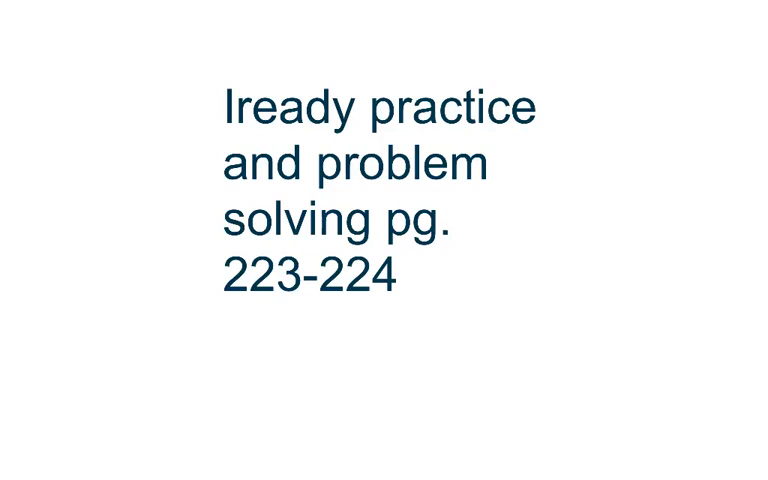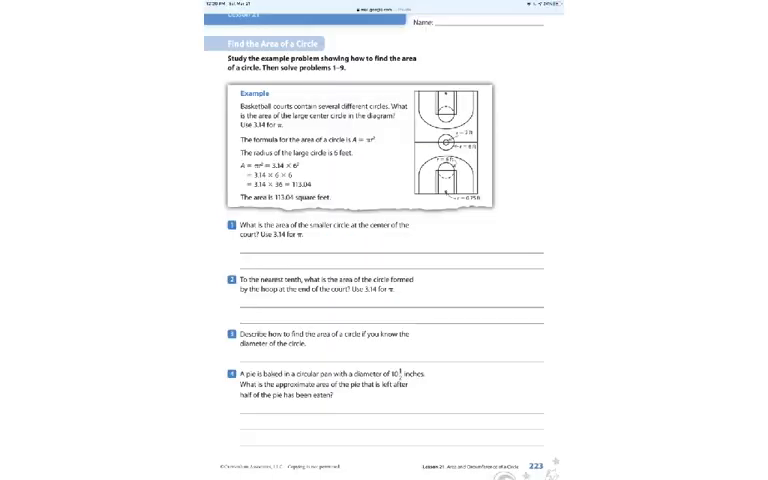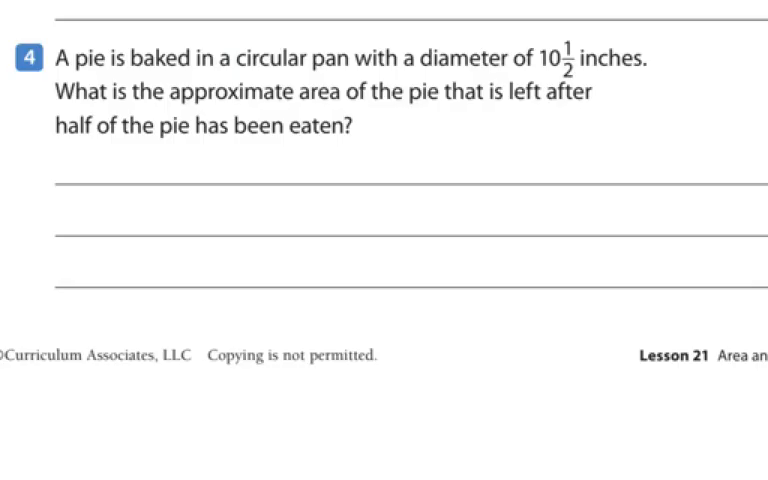This is i-Ready Practice and Problem Solving, pages 223 and 224. It says, a pie is baked in a circular pan with a diameter of 10.5 inches. What is the approximate area of the pie that is left after half of the pie is eaten? Okay, so we have half of a pie,